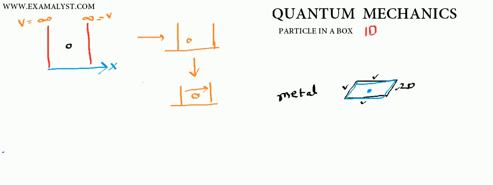Whenever I use the word box, when I use the word wall, these are all potentials. Okay, please remember that these are all potentials. So let me give you one more example. If I draw a diagram like this, if I say there is a potential here and this potential is finite, and a particle is coming towards this potential,